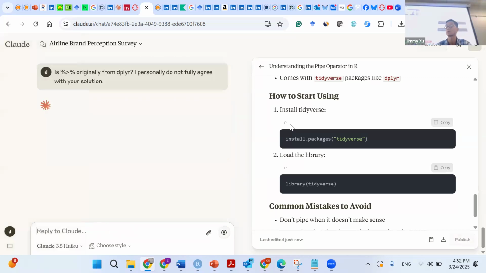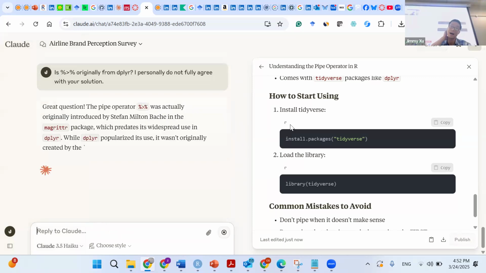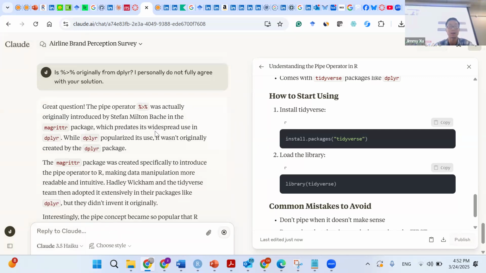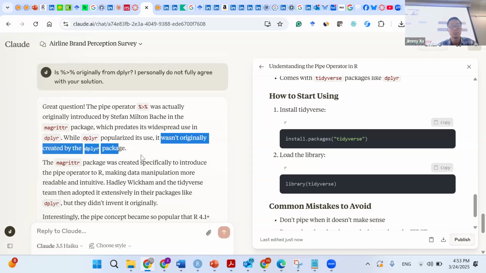So he thought it originated from another package, but I think it's origin is from dplyr. Okay. So I said, I think now he found the right solution. It's actually originally from dplyr. Oh, he said it was not originally created by dplyr. Oh, maybe I'm wrong, but I need to do a search.